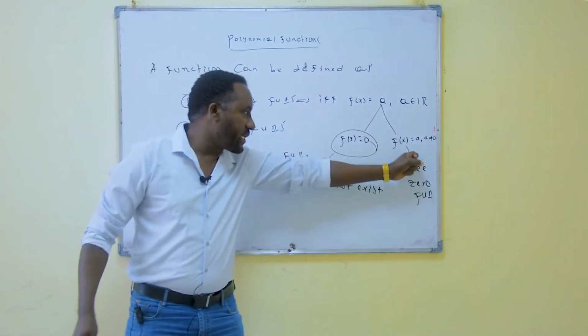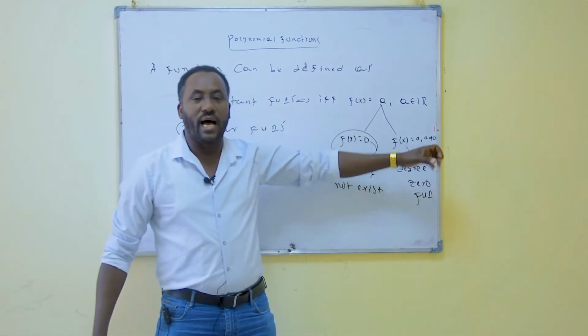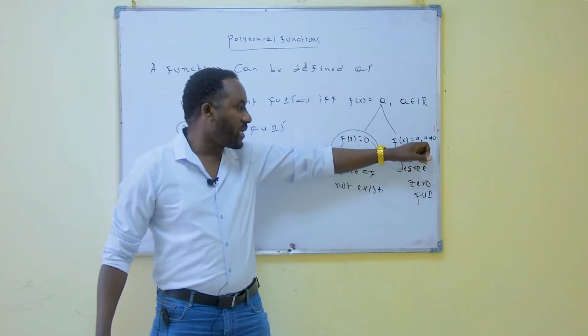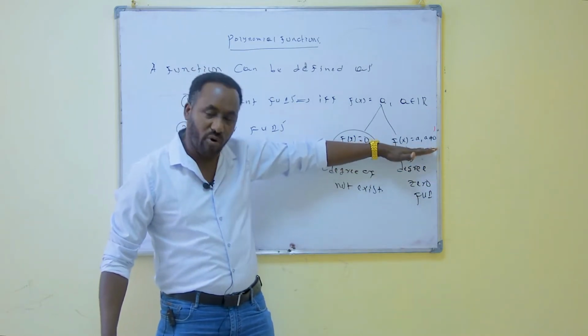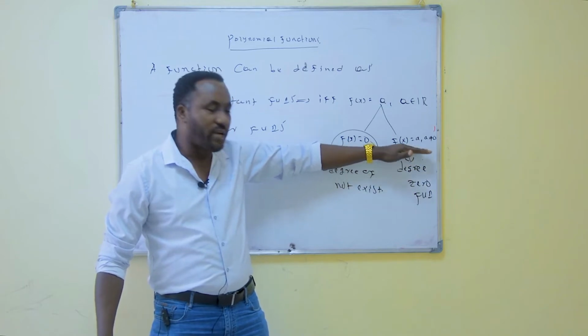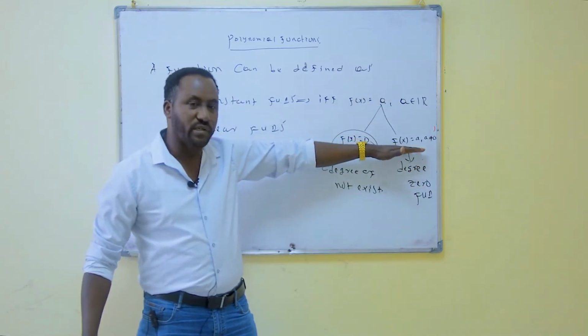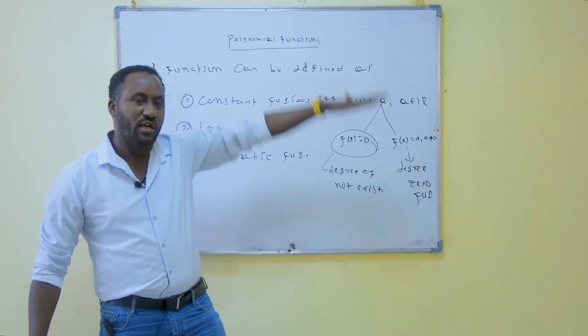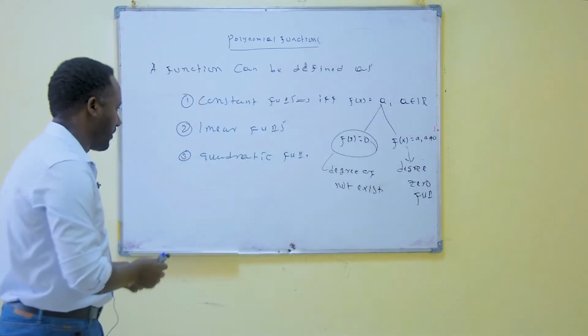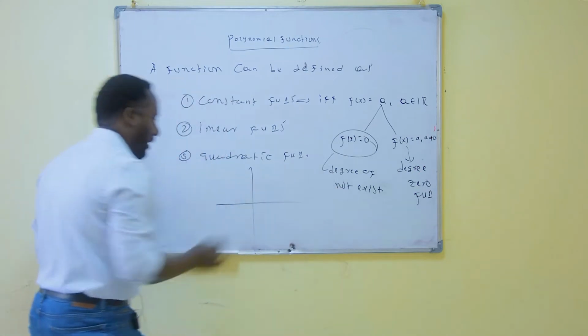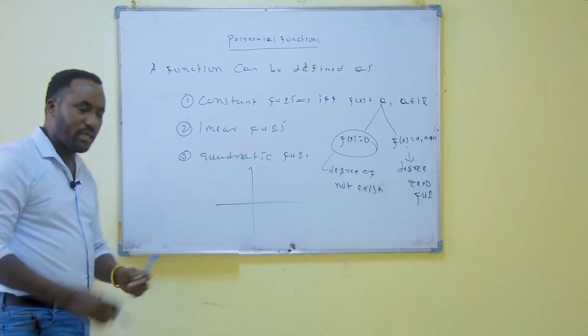The reason is that this function has no zero. What does it mean to have no zero? This function does not cross the x axis. The graph of this function is completely below the x axis or completely above the x axis. For example, look at this. This is the number line.